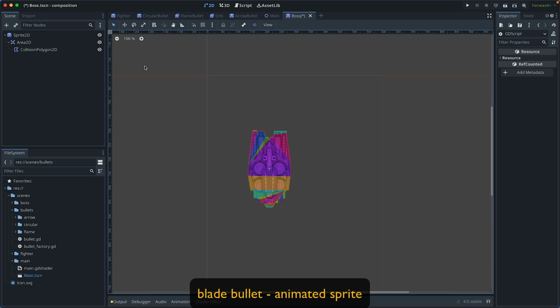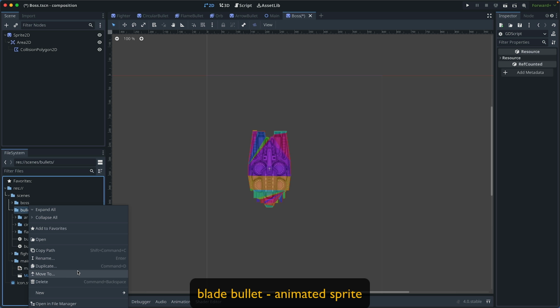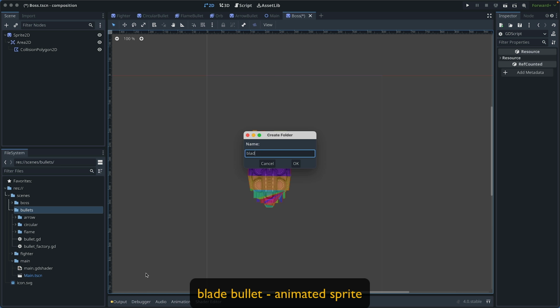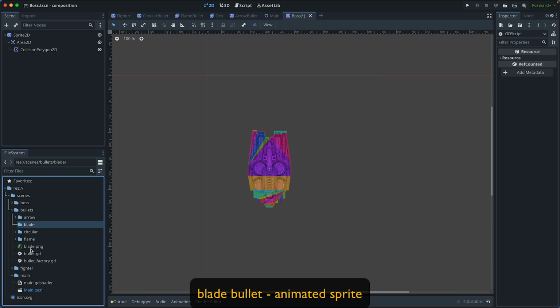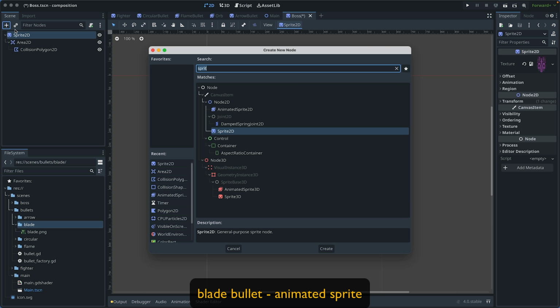We need 2 bullets for the boss, and one of which is a blade. I will create a folder for blade, and here is an animated sprite, so I just copy the image here, and I'm going to create an AnimatedSprite2D,